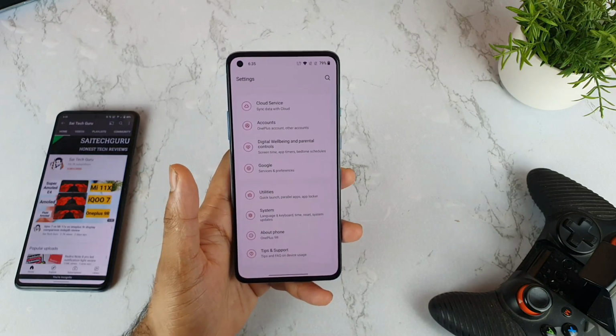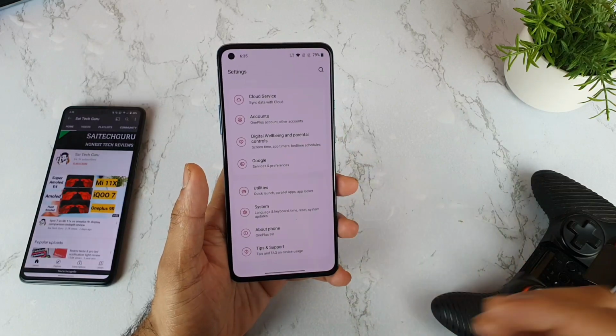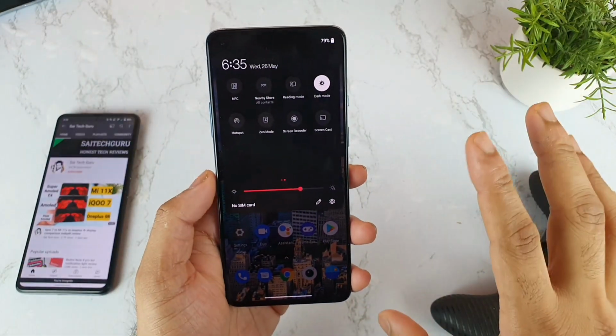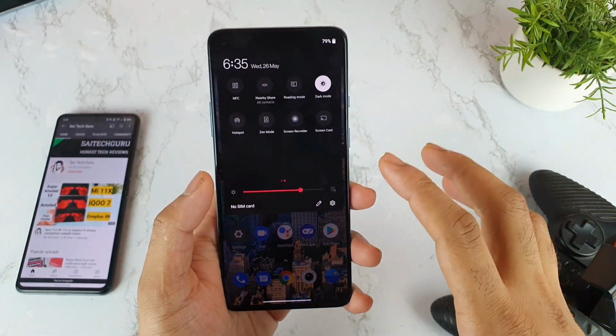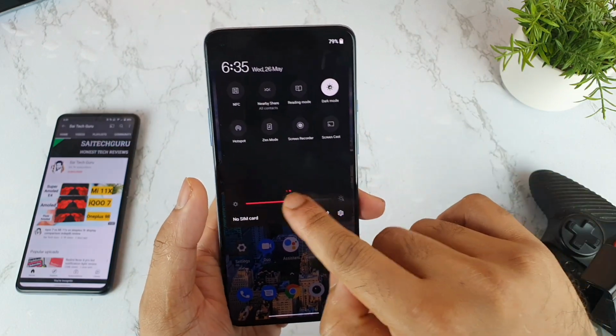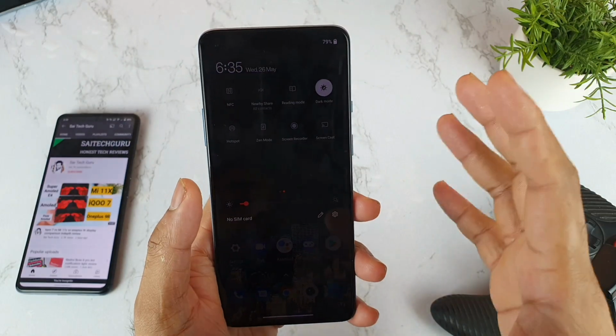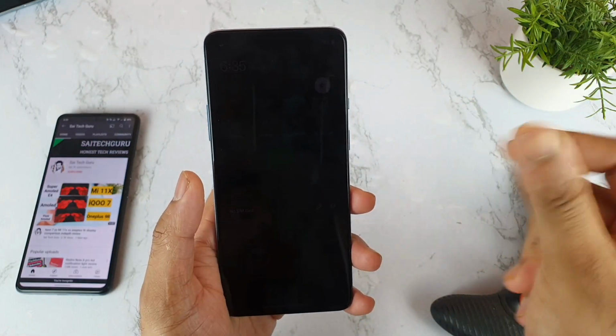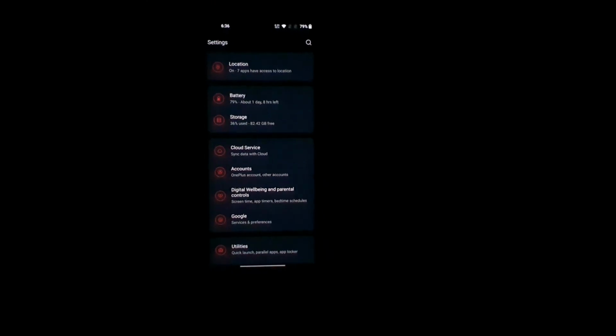This flickering issue will only be visible in the camera, not with the eyes. So right now it is not a major issue, because you won't be seeing it personally, but you will be seeing the green tint problem. Just now I turned on the dark mode, and let me try to decrease the brightness to 10 to 20%, maybe below 10%. And now let me try to turn off the lights. Right now I have turned on the dark mode as well, as you can see.